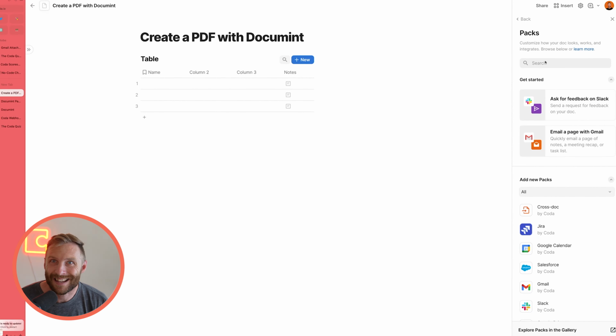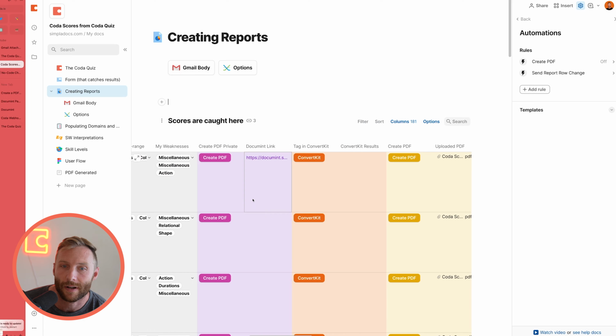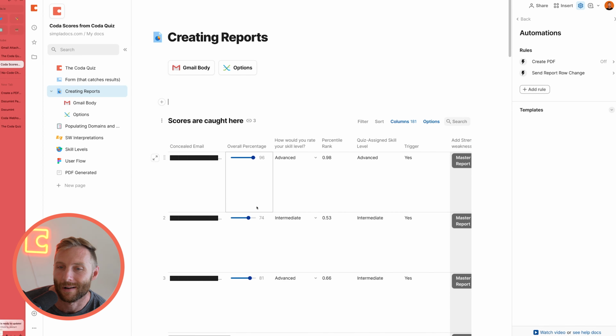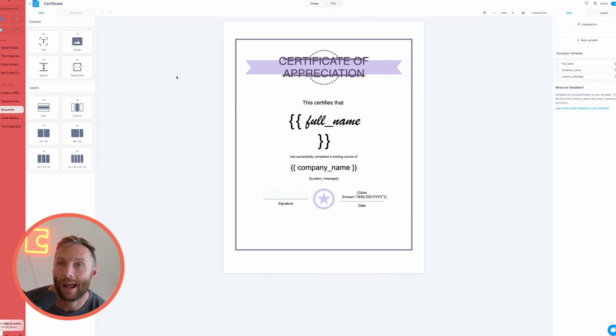All right, I realized that creating scores with the Coda Quiz is really advanced. I'm sending through just so much different information to create this PDF that it might be hard to visualize. So I'm going to show you really quickly, in a simple way, how to create these PDFs with Coda. So for example, I have a template in the document over here. You get to define your template, exactly what it looks like. You can brand it,